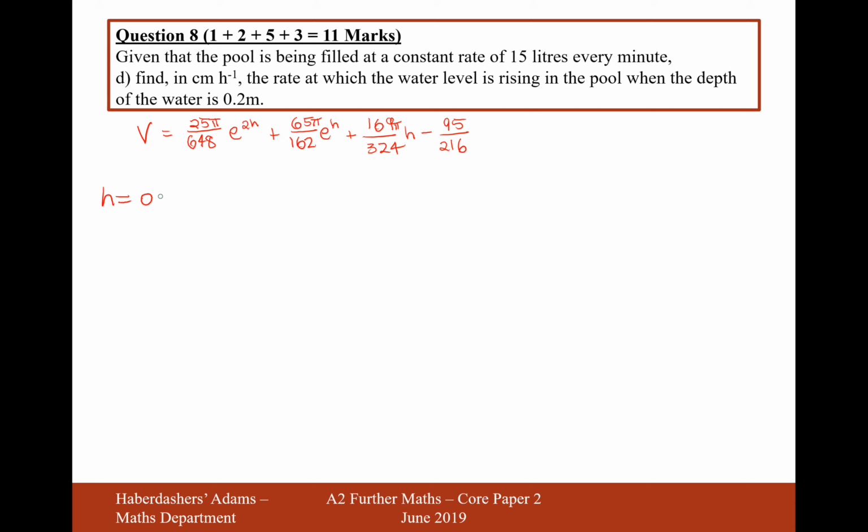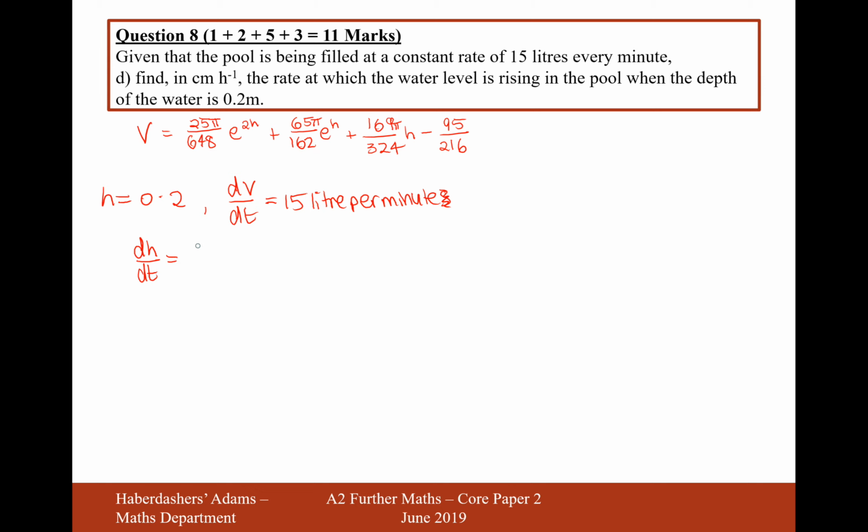We have h equals 0.2. We have the pool being filled up at a rate of 15 litres every minute. So what that's probably referring to is dV by dt is equal to 15 litres per minute. And we also will probably be able to work out what dV by dH is equal to, and we want to work out the rate at which the height of the water level is increasing when the depth is equal to 0.2. So we effectively want to work out what dH by dt is equal to, the rate at which the water